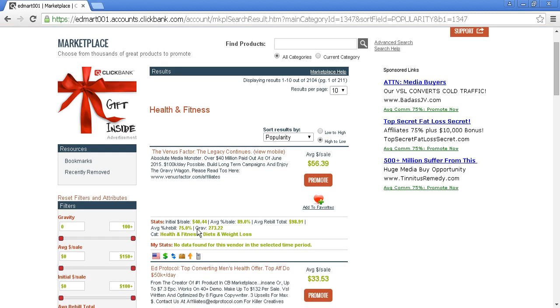First of all, you've got the initial sale down here, and you can see for this particular product, the initial sale is $40.44. And the average percentage, that's how well it converts, is 89%. So that's pretty good. And the average rebill total is $98.91. And the average percentage rebill is 75%. And the gravity is